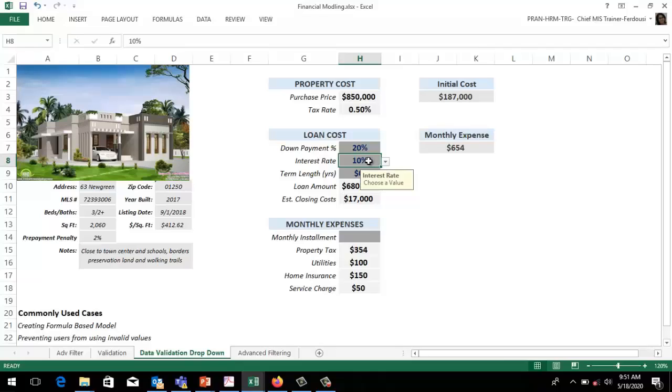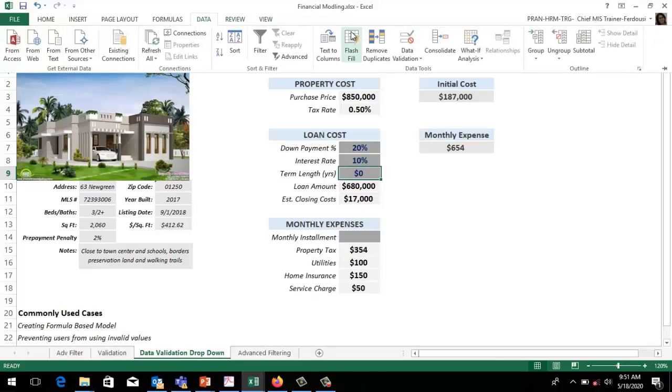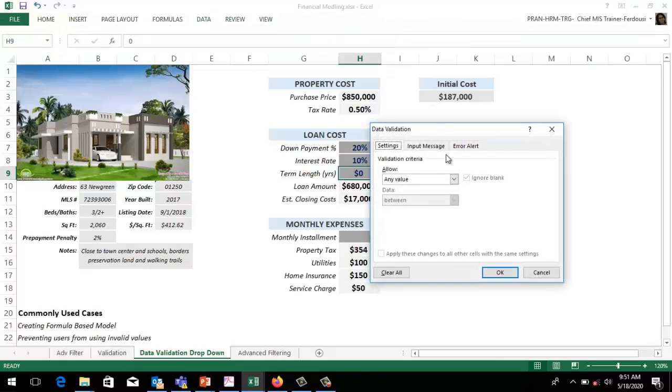This is how we can fix a value. Then again for term length, choose data validation, list, 20 years, 15 years, 12 years, then finally OK.